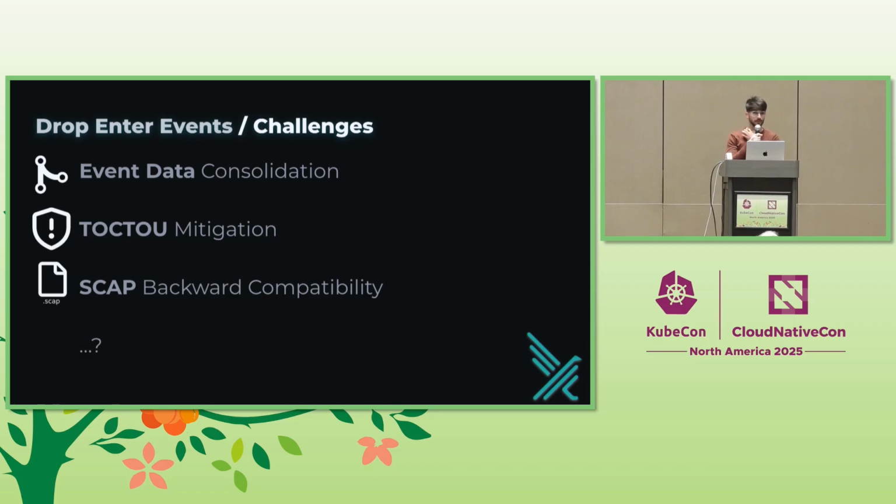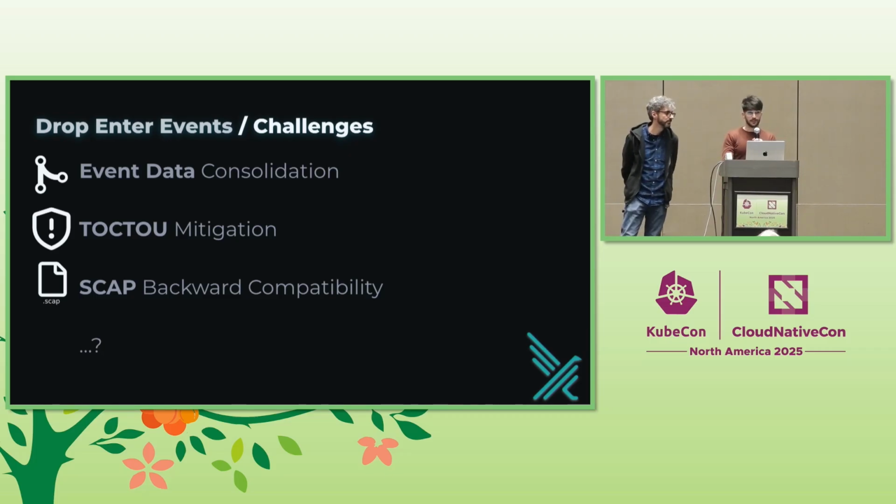And one of the final points is that we wanted to keep SCAP backward compatibility. You know, SCAP is a format already discussed by Leo, which encodes events, and it is used for troubleshooting, for example. And of course, we wanted to provide backward compatibility for old SCAP files, so files still containing enter events. And so we built a SCAP converter layer that is able to take this information from the enter events and use it to extend the corresponding exit events.